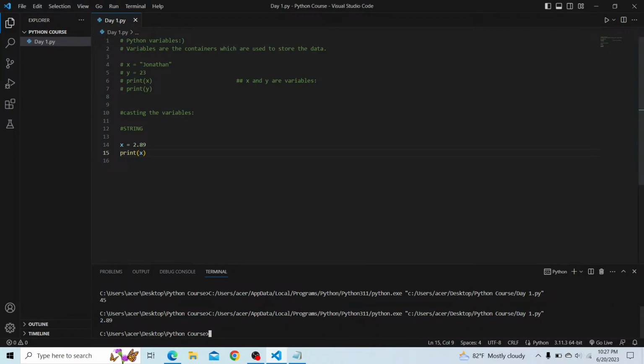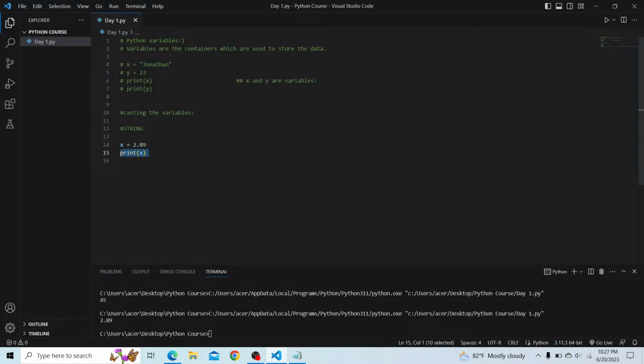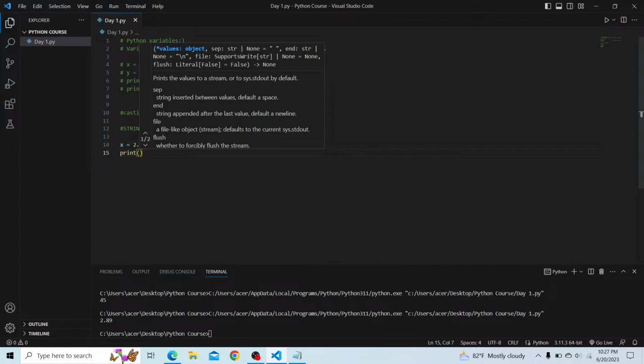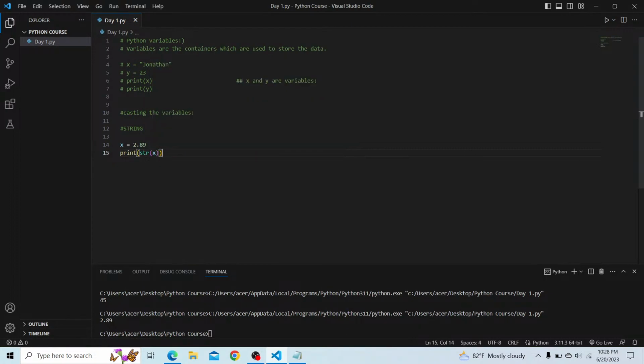No change. If we use print str of x, same. If we use 23 there and run this program,